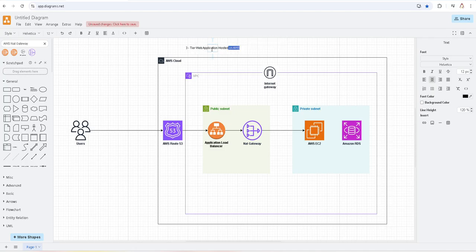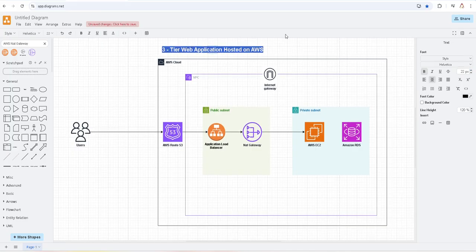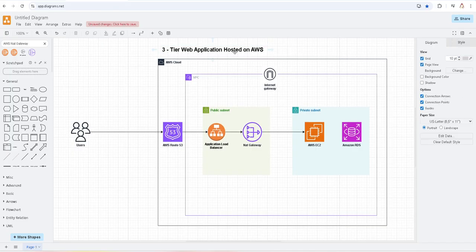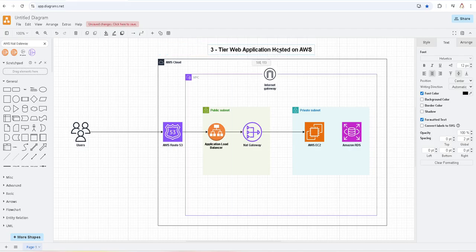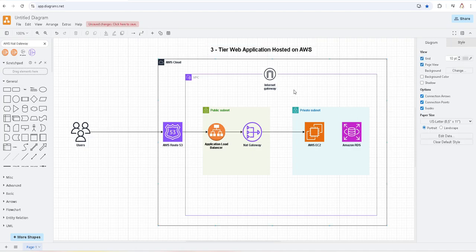I bolden this and enlarge it and make it very, very visible. And I can resize it and just put it in the center, right? Could just use this one to centralize it, or use a different one to place it depending on how I want to do it. So this is how to create your AWS cloud architecture diagram